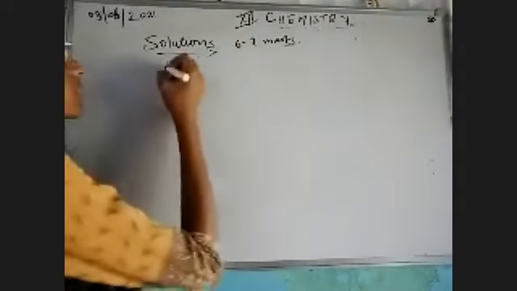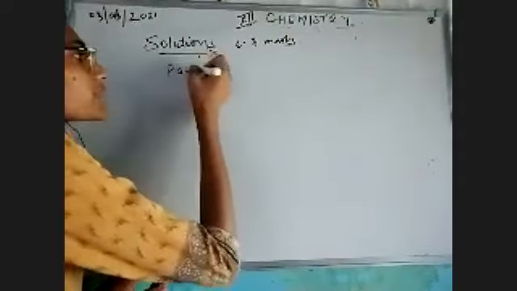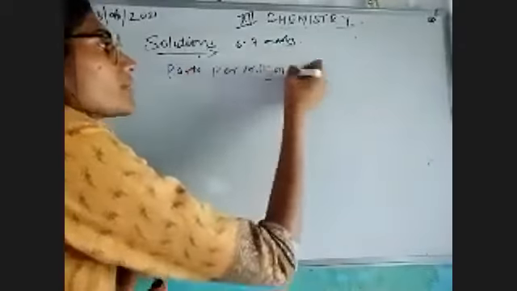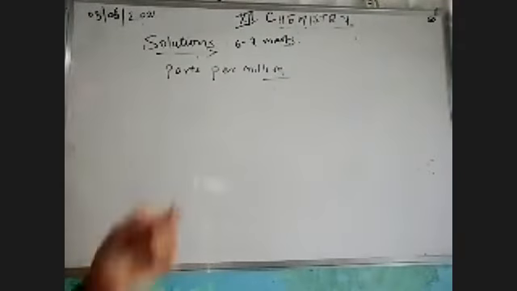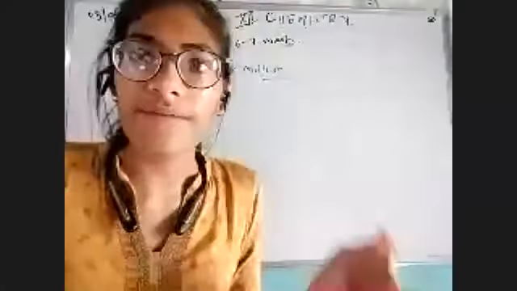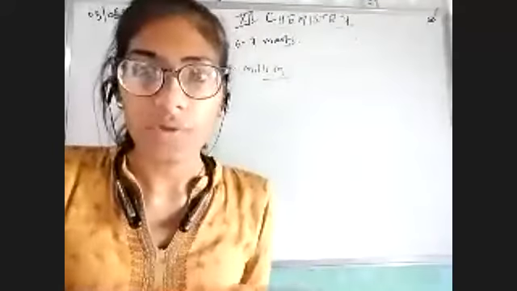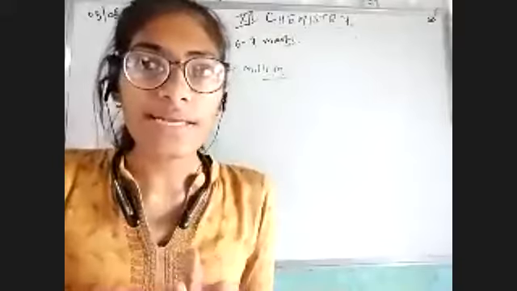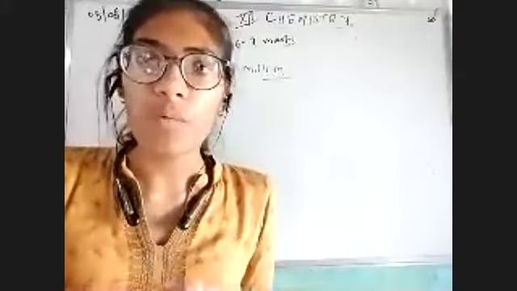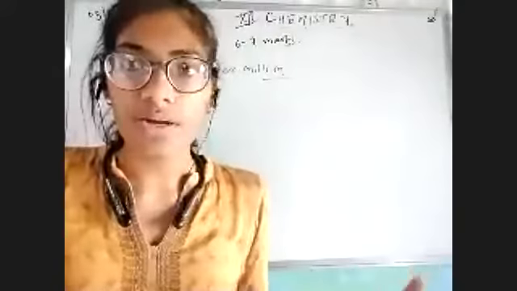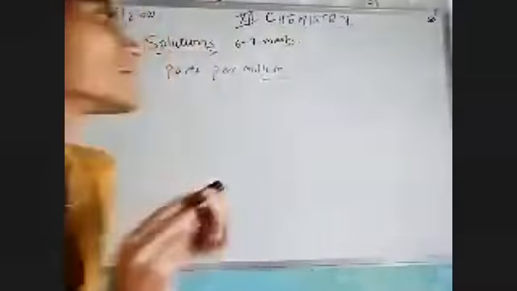We have a quantity known as parts per million. What's the definition of parts per million? It is defined as checking the quantity in a very small way, that is, in the ratio of 10 raised to power 6. Suppose we have a number of moles of solute that have been suspended or dissolved into such a large quantity of solvent, that is millions, 10 raised to power 6.